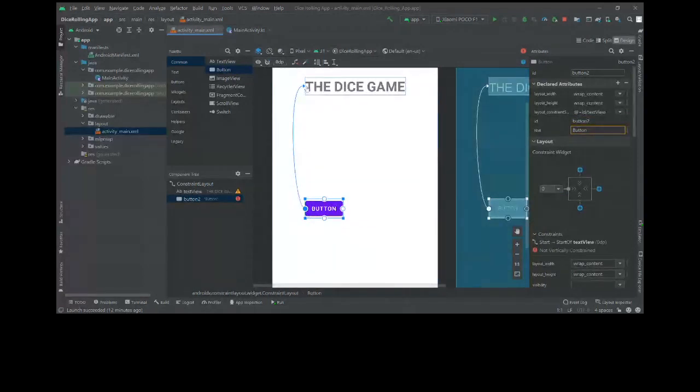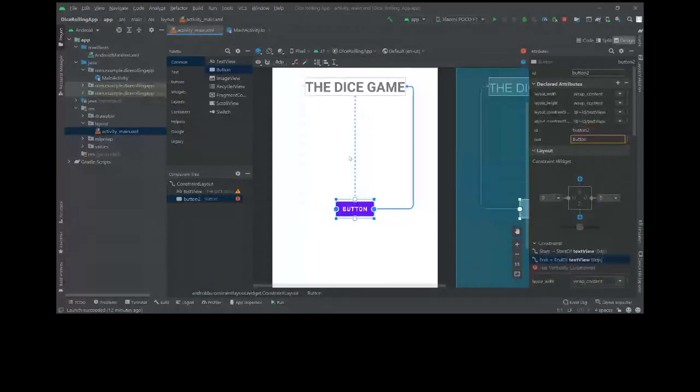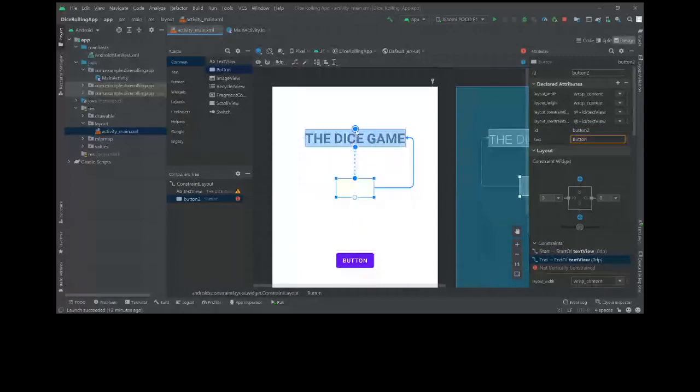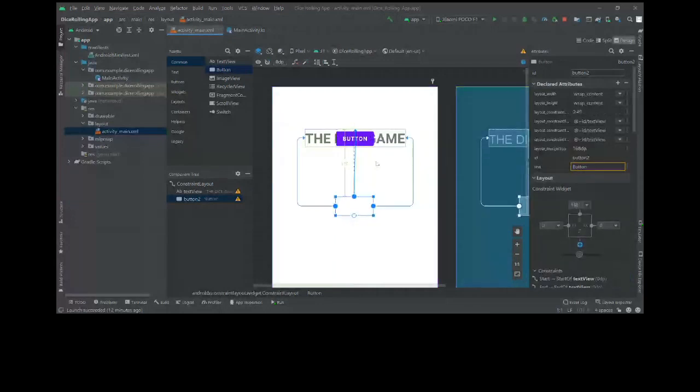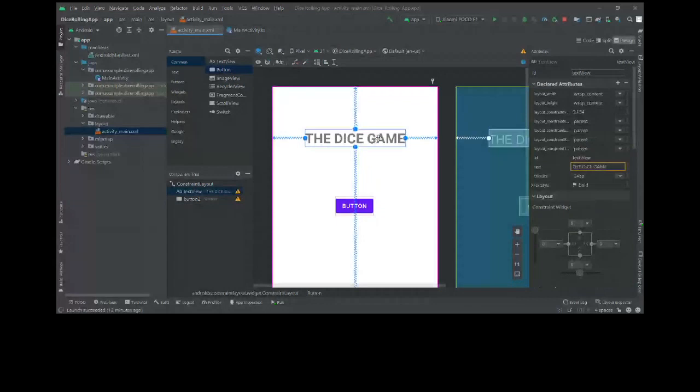Then right will move according to the right of the text view. Then top will move according to the top. Now you can see it just overlapped the text view, so I can hold it and drag it down.